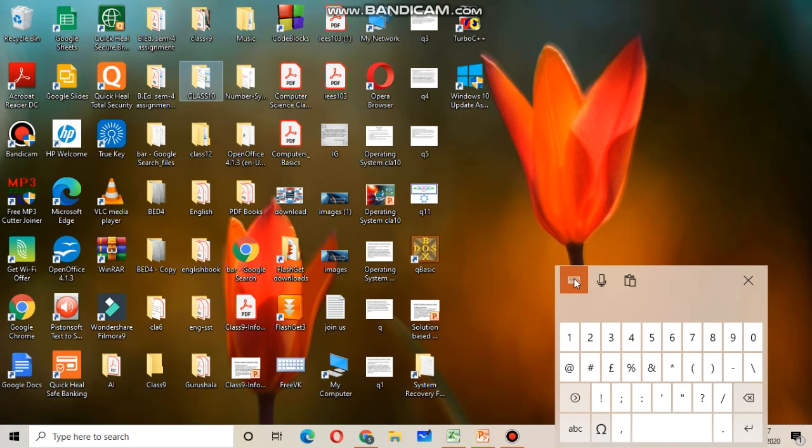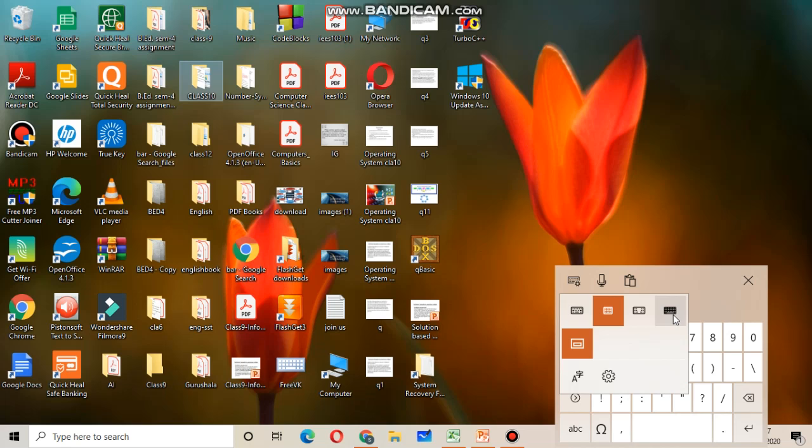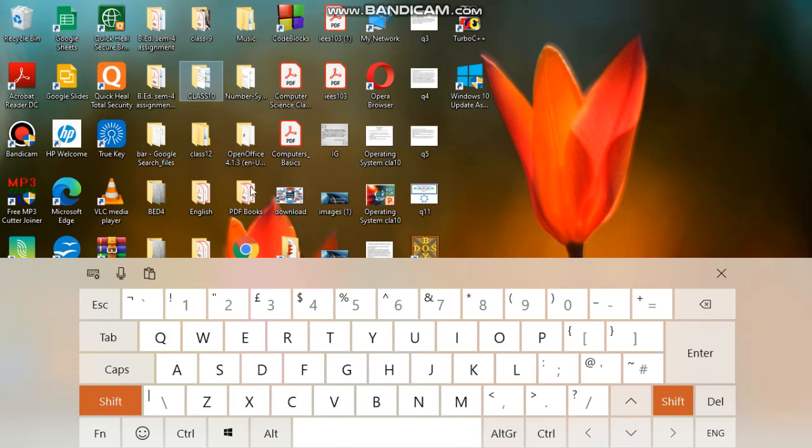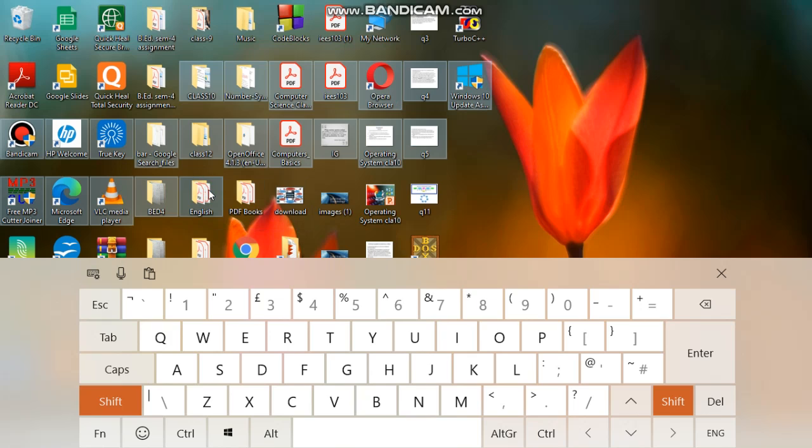I just wanted to show you the full keyboard. You can see here I have pressed the shift option. A number of files have been selected.